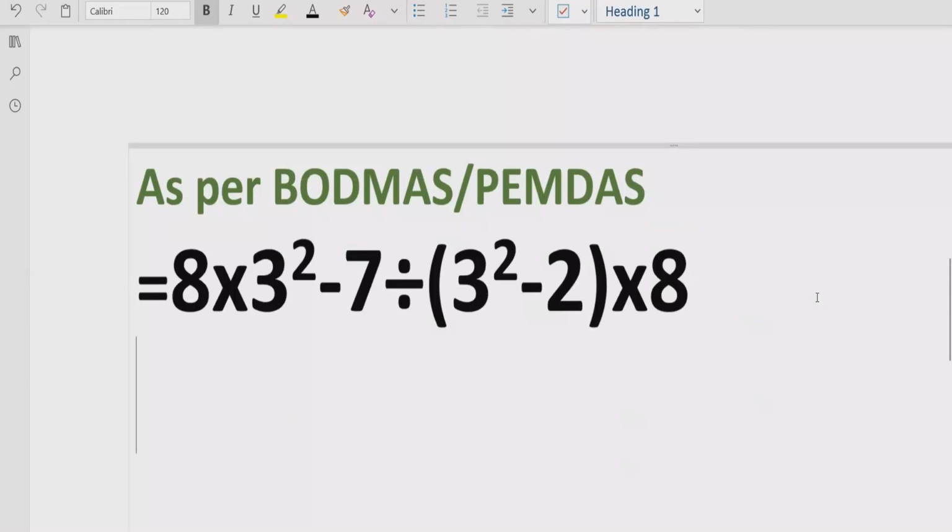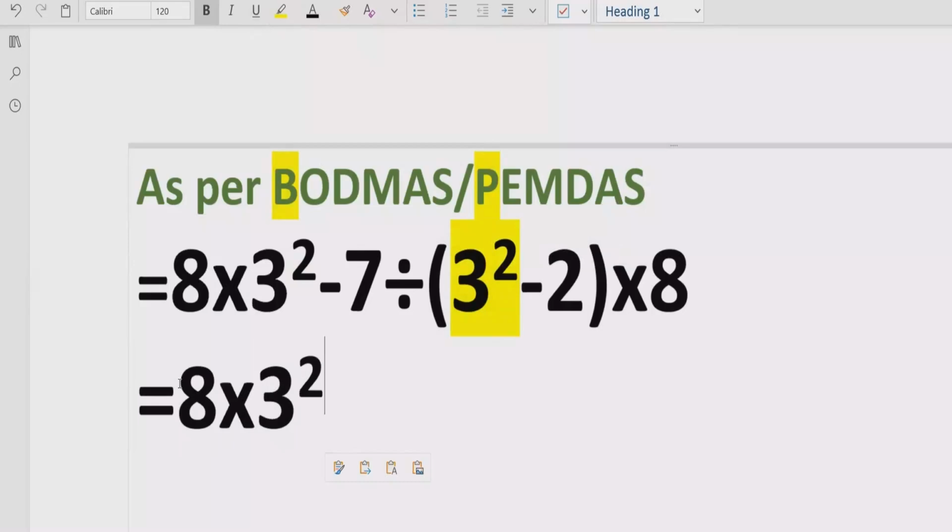According to the BODMAS and PEMDAS rule, first of all, we have to solve the bracket. So here we have this bracket, which is 3 raised to power 2 minus 2. First we have a minus sign between two numbers, but we have another thing which is the exponent part, which is 3 raised to power 2. So first of all, we have to solve this part, which is 3 raised to power 2. So we will write 8 multiplied by 3 raised to power 2, then minus 7 divided by